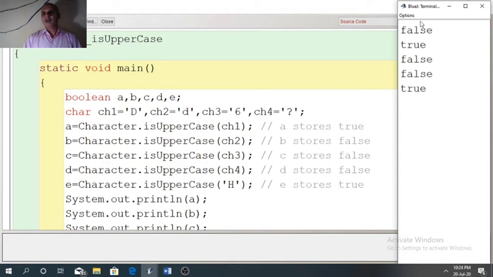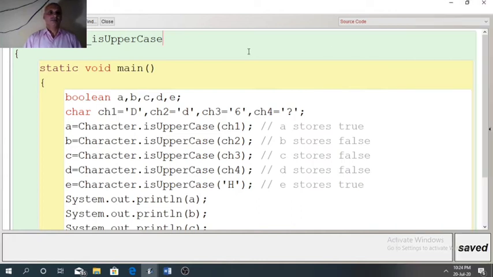Let us run it again. See the code again, isUpperCase. ch1 stores capital D. The other three are not capital letters, and the last one is a capital letter.